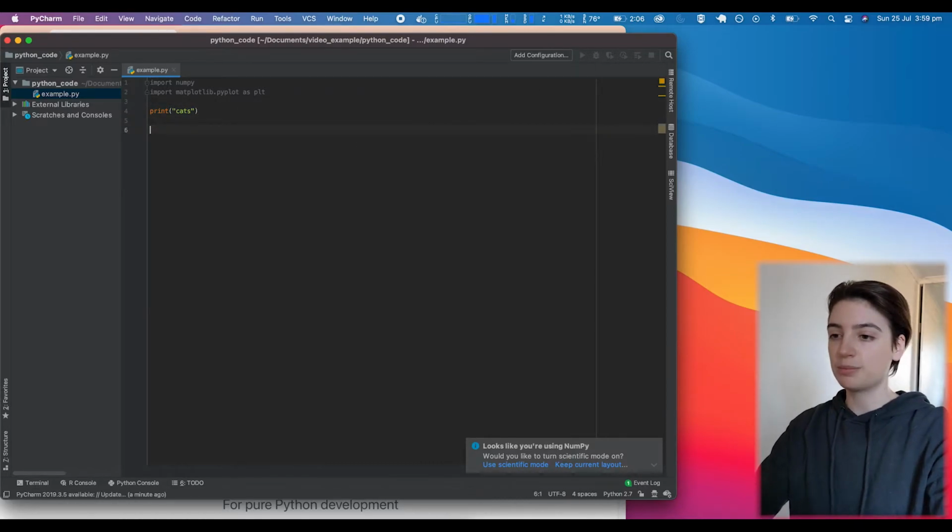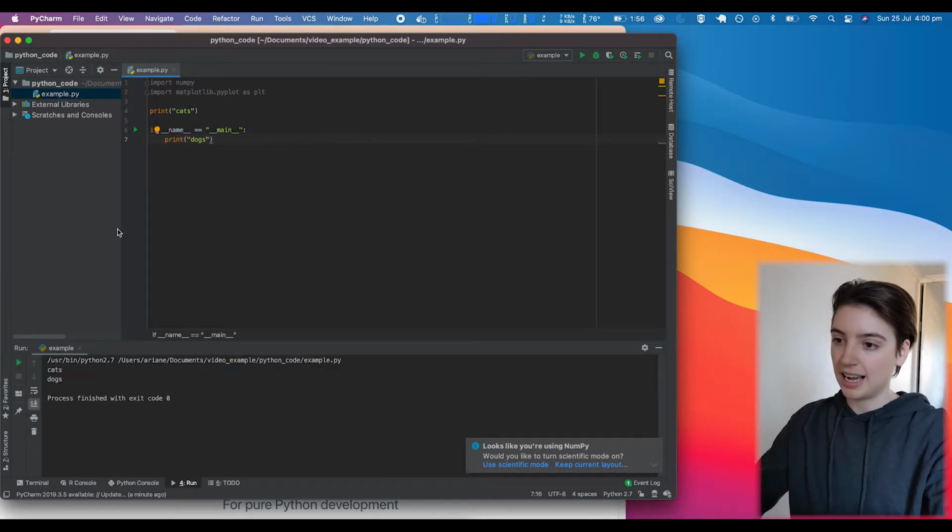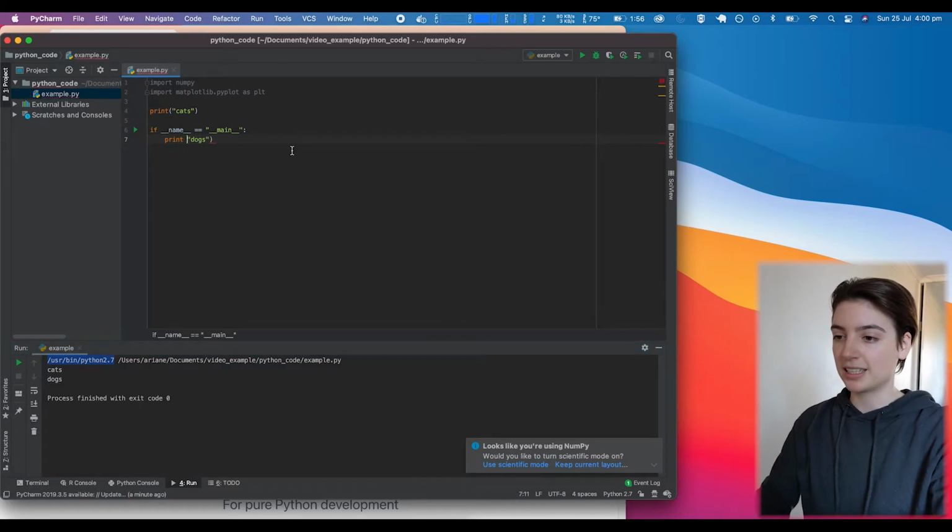To make our first Python file runnable, we can go if __name__ equals __main__. And this is just basically Python's way of saying, yep, you can run it. So we could just run this example and it'll print out our cats, because that executes first, and then dogs. So if you notice, it's using the default Python of my computer, /usr/bin/python 2.7. So that means we could also do things like print dogs like this, which you're not allowed to do in